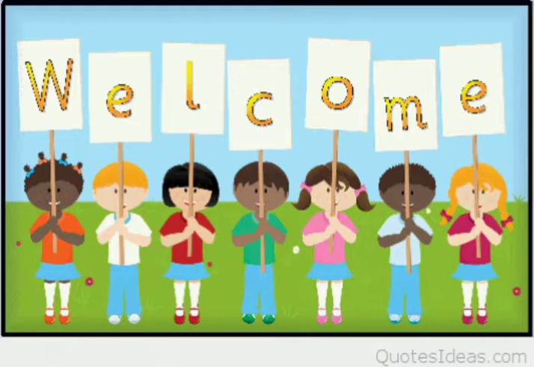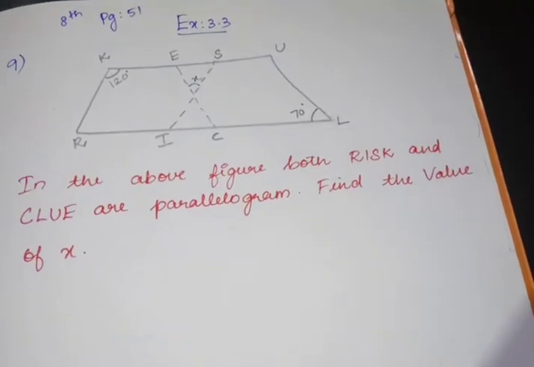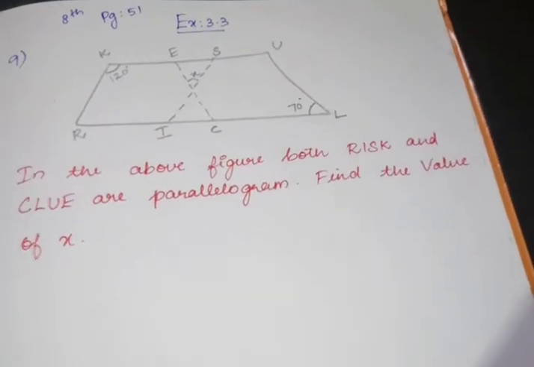Today's class, we are going to continue exercise 3.3. You can take page number 51 in your NCERT textbook. Okay, children? Before going to this exercise, you should recall the previous problems and the previous definitions we have discussed in our last sessions. What is meant by a parallelogram? What are the properties we have used? If you recall those things, then it will be very easy when you're dealing with this type of problem. I hope you all have taken page number 51, children. So from the 9th problem we are going to discuss today.